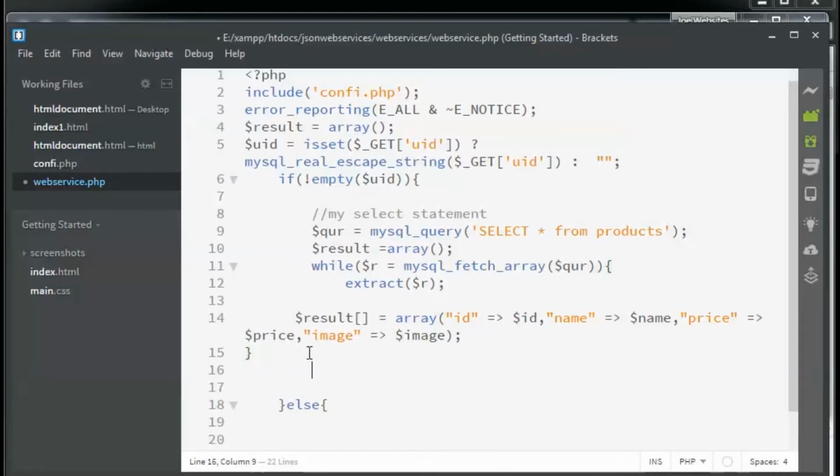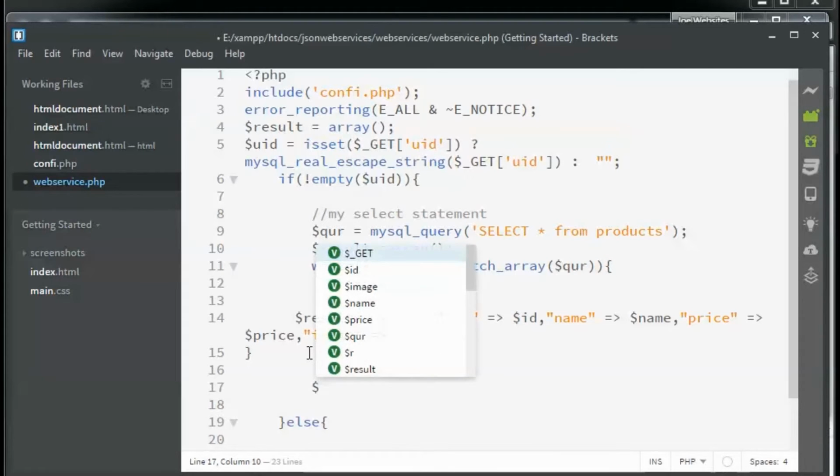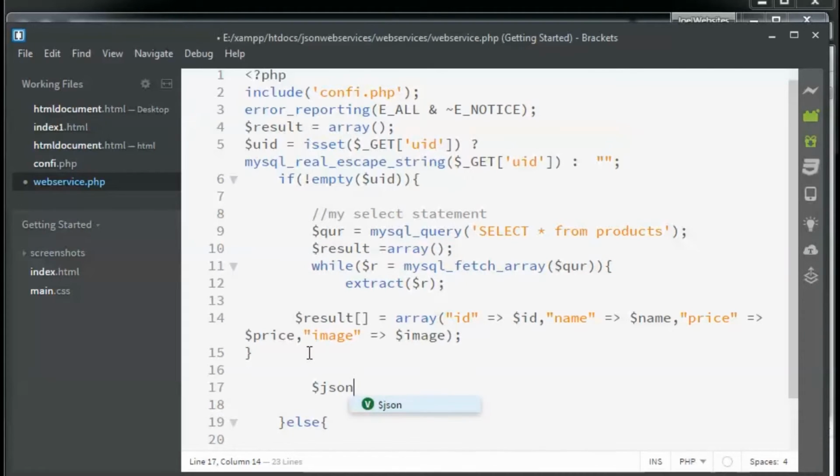So let me type in $JSON is equal to $result. Okay, so the value is getting set by the value result, whatever is getting stored in the result. Just make sure it is outside the while loop.